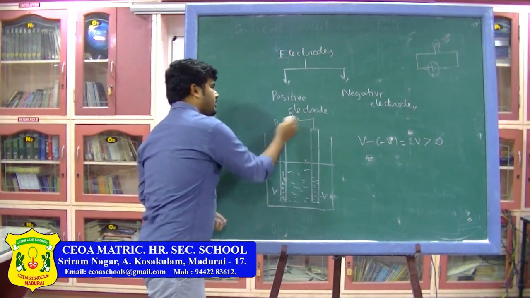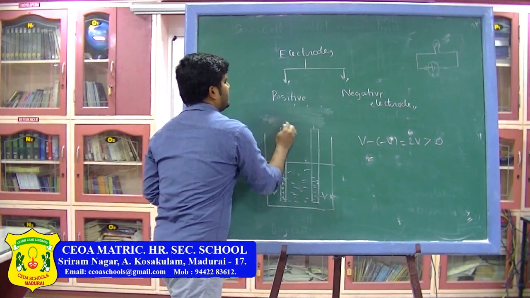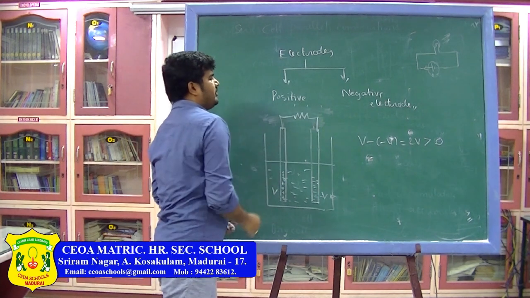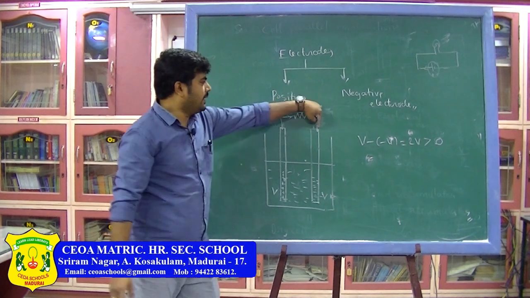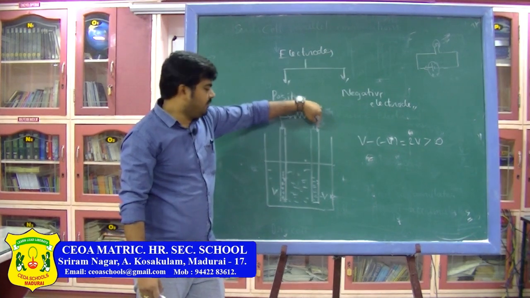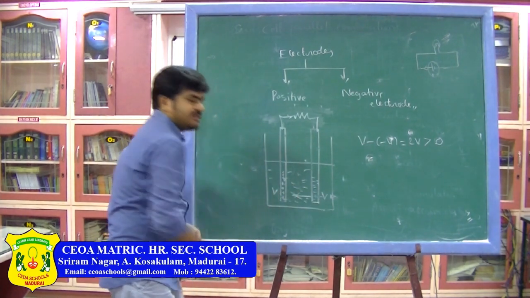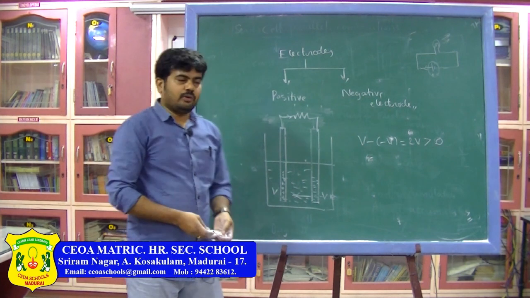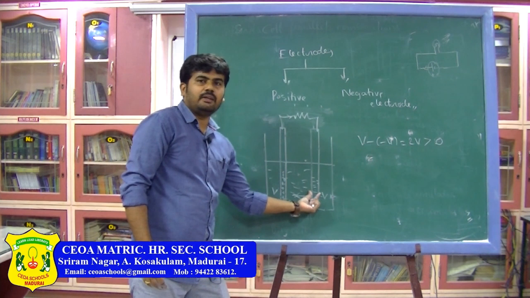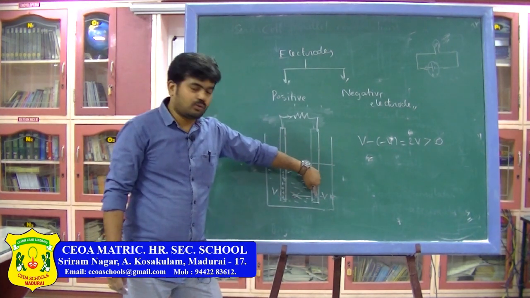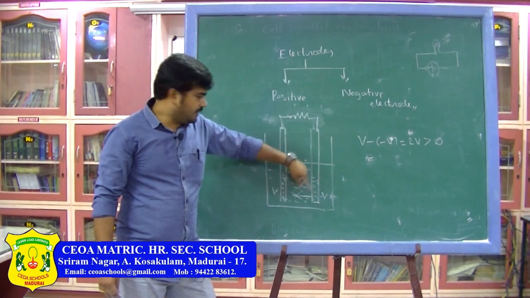In the external resistor it will flow from P to N. Let me write it clearly. So this is the resistor. Here when you connect a resistor, current will be flowing from positive terminal to negative terminal in the external circuit, whereas when it reaches this negative terminal, it has to move from negative to positive once again inside the electrolyte solution. So here the cell has to do some work in sending the charge from negative electrode to positive electrode inside.